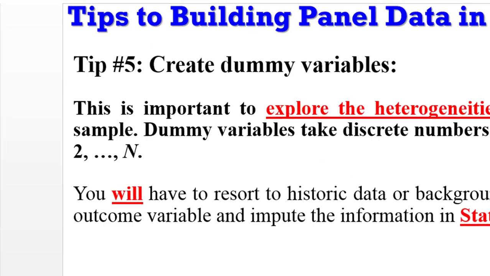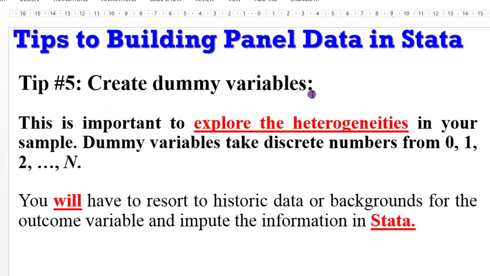Tip 5, create dummy variables. This is important to explore the heterogeneities in your sample. Dummy variables take discrete numbers from 0, 1, 2, 3, 4 to n. You will also have to resort to historic data or background for the outcome variable and also impute this information